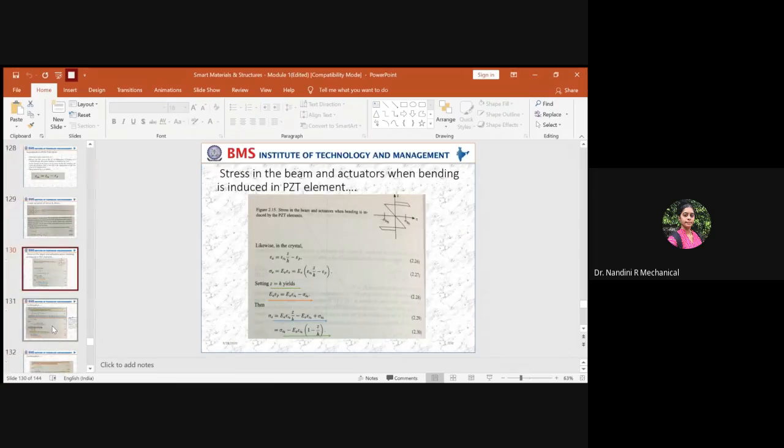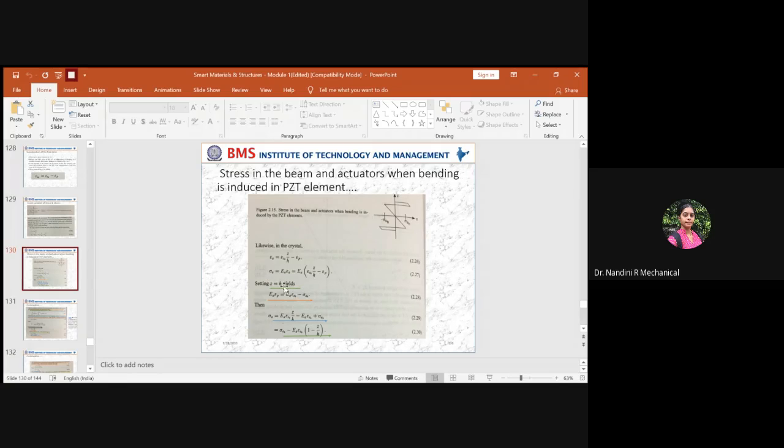This means you have the upper limit of the height for the structure. I told you the thickness of the structure and the thickness of the PZT patch depend upon the requirement. With respect to the thickness, the stress and the strain values also change. So now we have to put the condition that the height of the structure is equivalent to the value you are putting across the z-axis. In that condition, what happens?